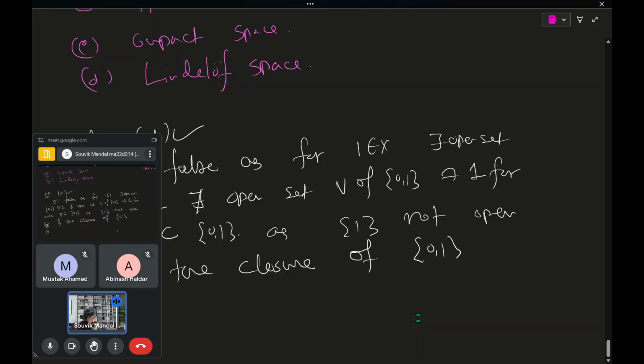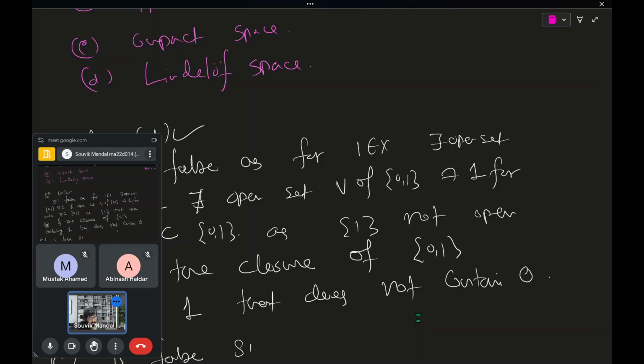Option C, what is false? Since the open cover {0, n} with n belonging to N does not have a finite subcover. This is true since